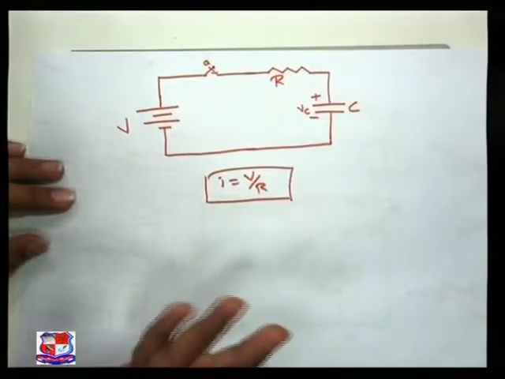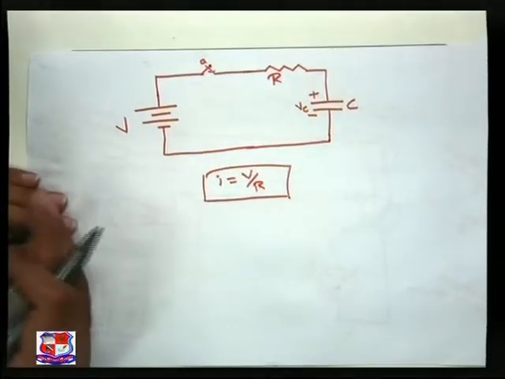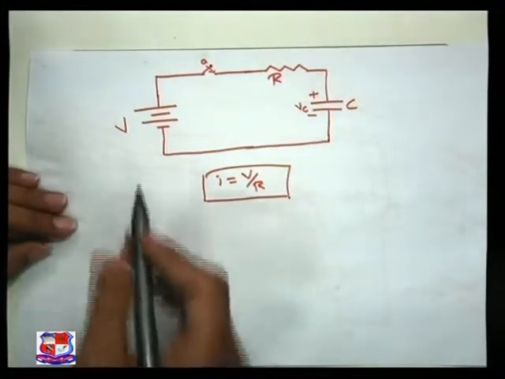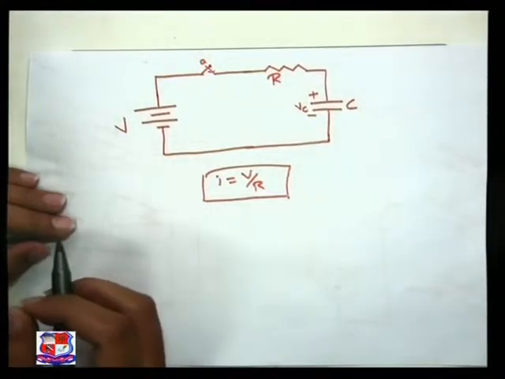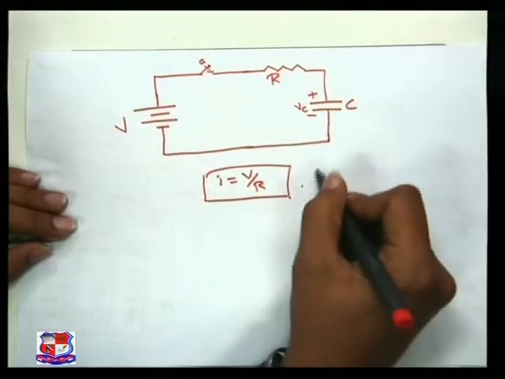That is before the switch is on, actually. So we can write that at the instant of switching, the maximum voltage drop will be across R and the current will be I equal to V by R, right. That is, T equal to